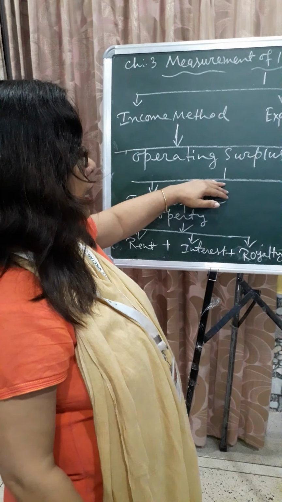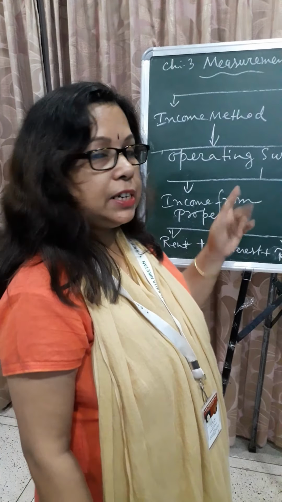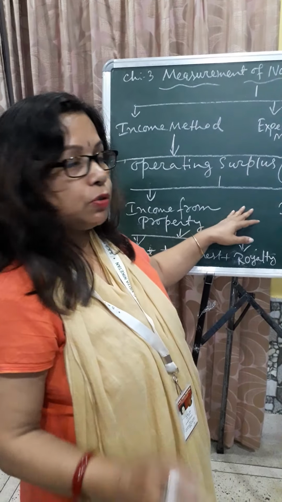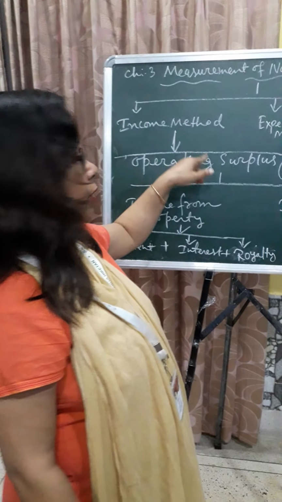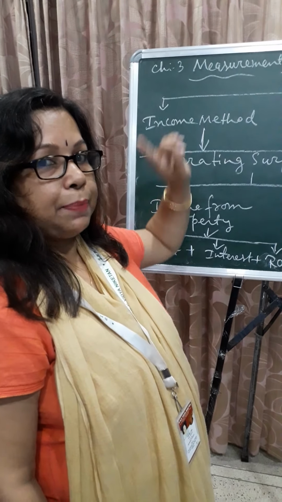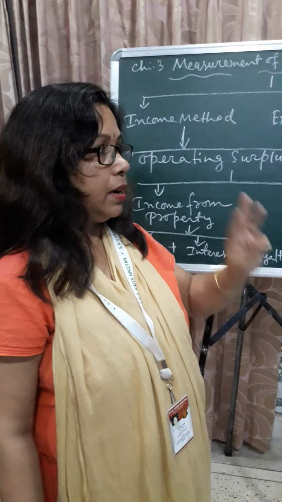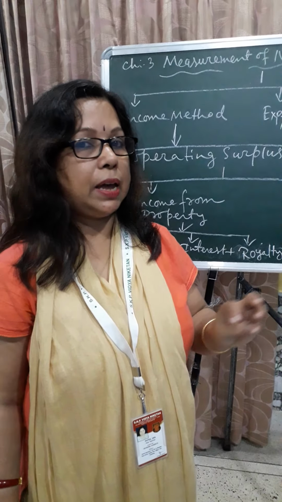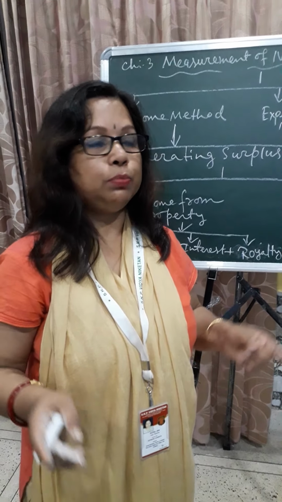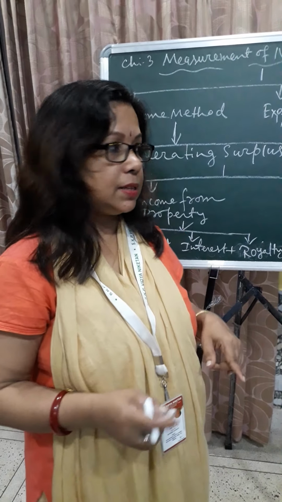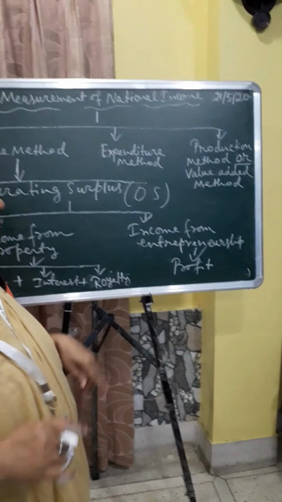So today up to this; next day I will tell you about mixed income of the self-employed. In mixed income of the self-employed there are no separate components, only mixed income of the self-employed. So in the calculation of the income method, we have to keep in mind that three elements are needed: COE, operating surplus and MISC. With the help of these three components, we can calculate the income of the factors of production. Next class I will say how to calculate income in the income method. So today up to this, thank you.